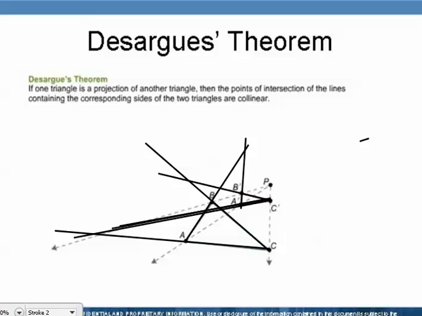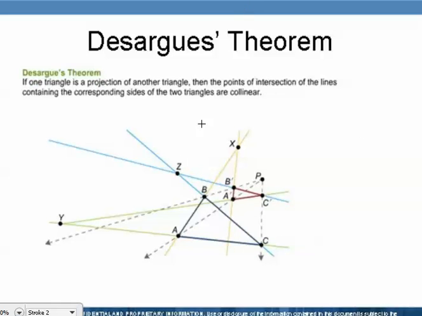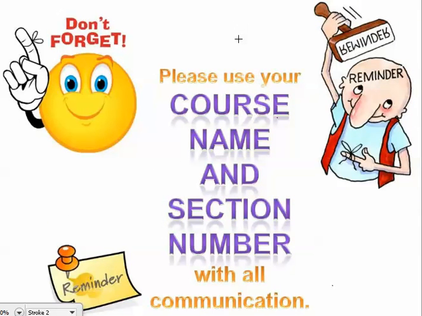Those 3 points are also going to be considered to be collinear. That is what Desargues's theorem is telling you, that they would be collinear. Better drawing of it there. So those are the theorems that are in